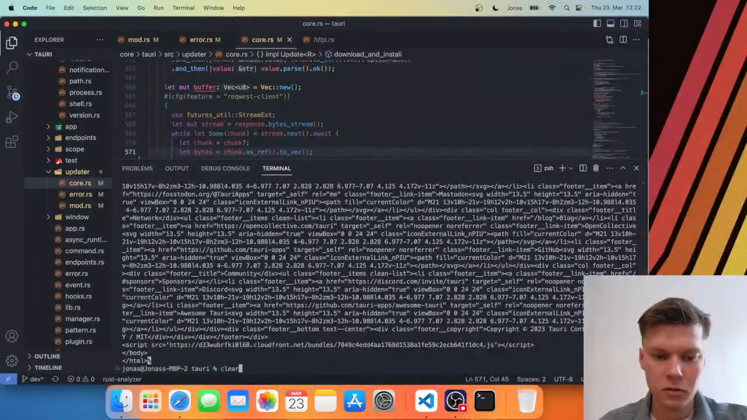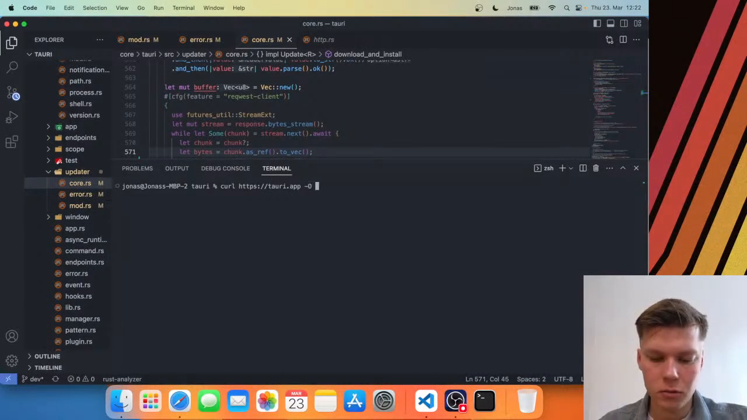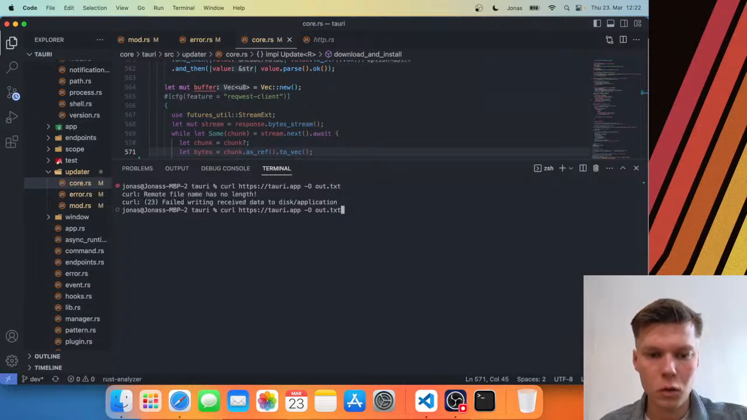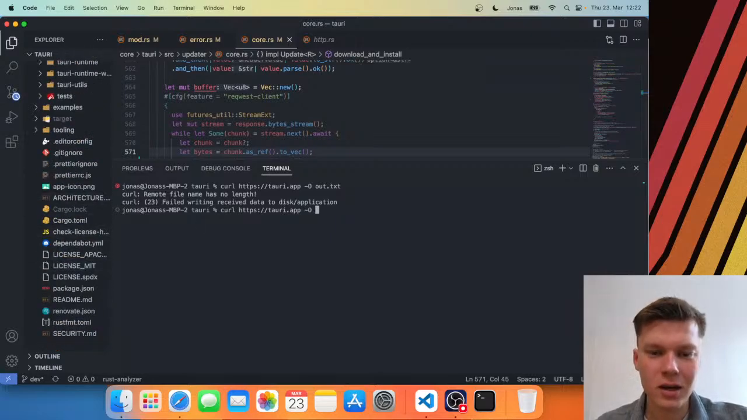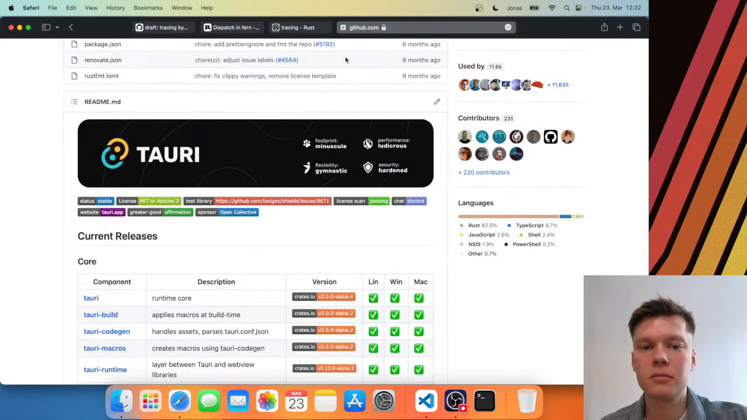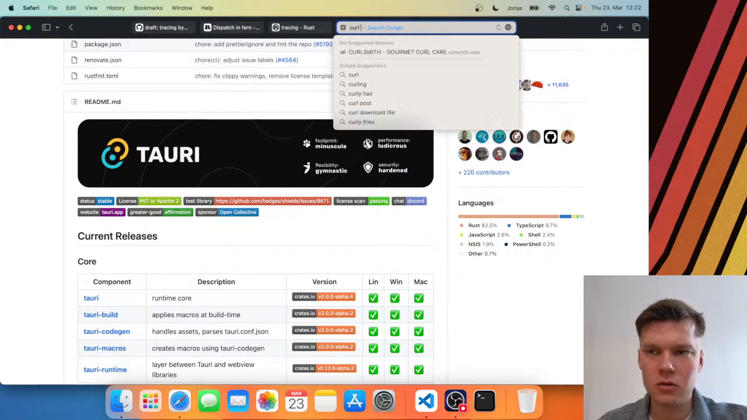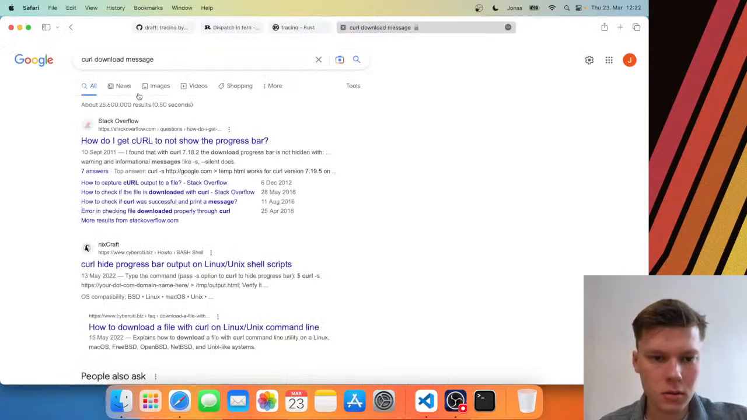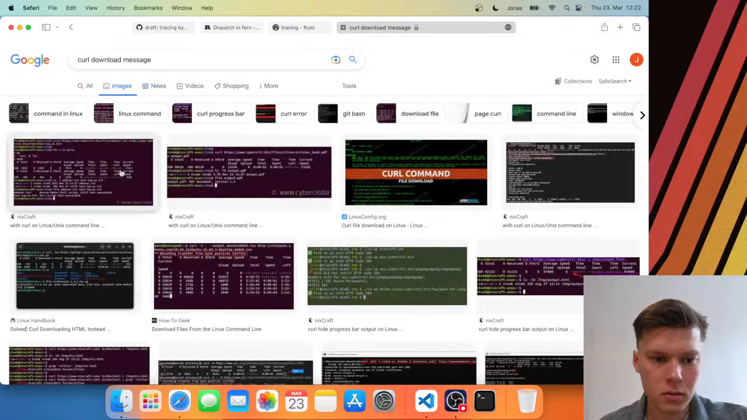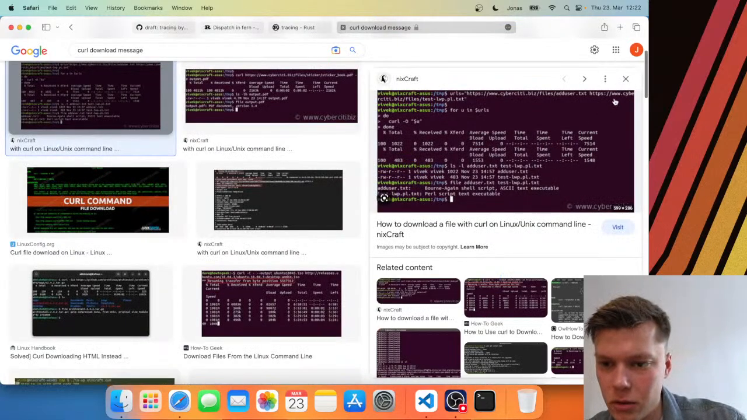This was not too helpful. Tauri.app out.txt. There's no length. What? This is weird. I may just not know how to use curl. Let's search for images. Curl download message images. Yeah, this is what I mean. Okay, so